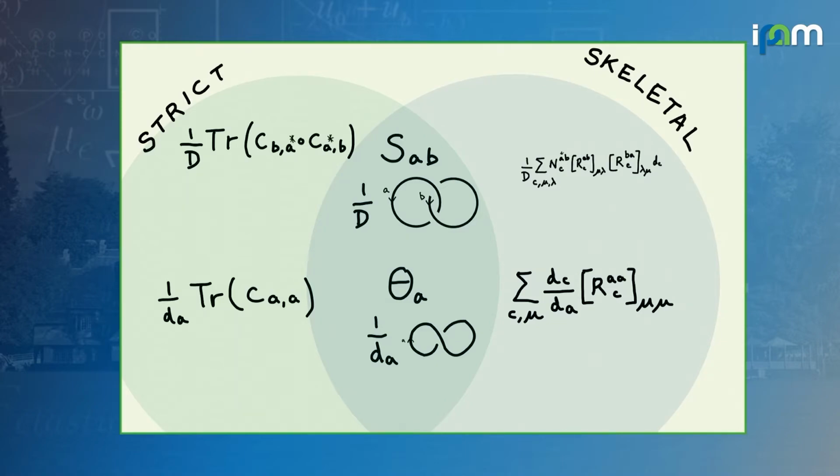And nobody ever writes the formula for the S matrix like this. They usually write it in terms of twists and quantum dimensions. And again, I apologize for not being able to zoom in. But these are just different ways to express the same thing. So if you're working, this is actually true in more general modular categories, not just strict, but just for the sake of today,